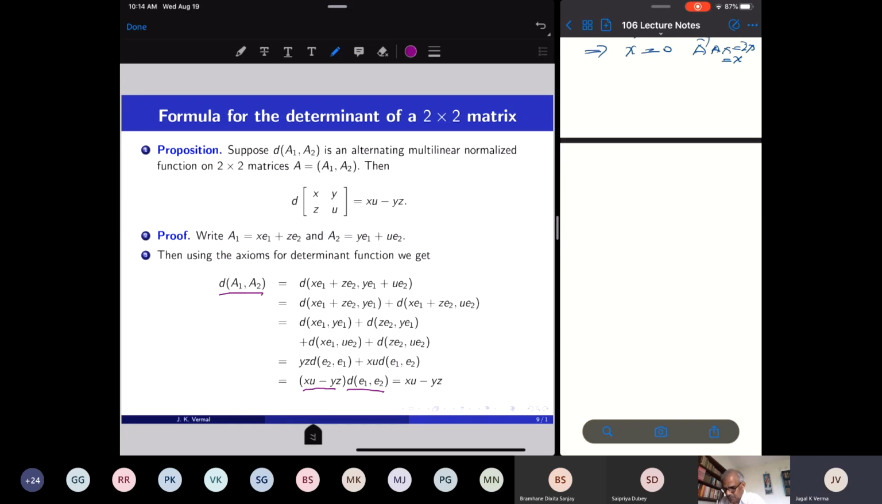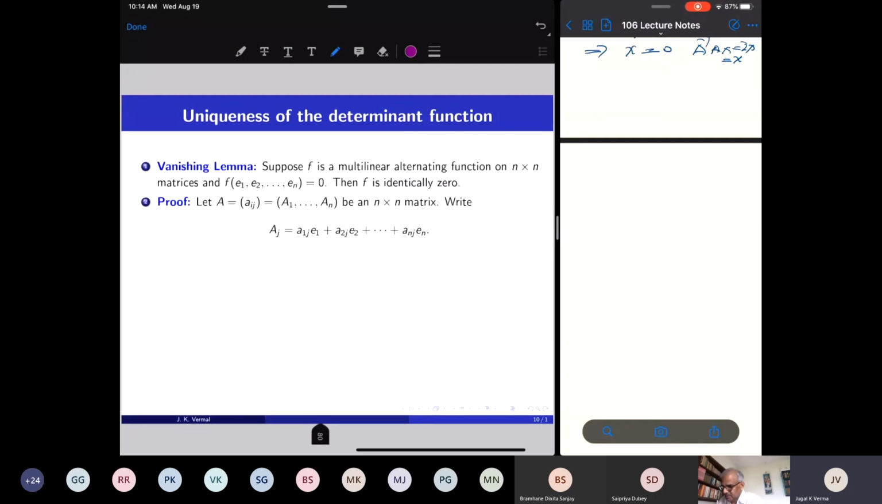Okay. This now we want to prove for an alternating multilinear function on the space of n by n matrices. We already know the proof for 2 by 2 matrices. Let's do that. So display the column vectors of an n by n matrix. Then every column vector I can write as a linear combination. So if I write the jth column vector, the entries of the jth column vector are